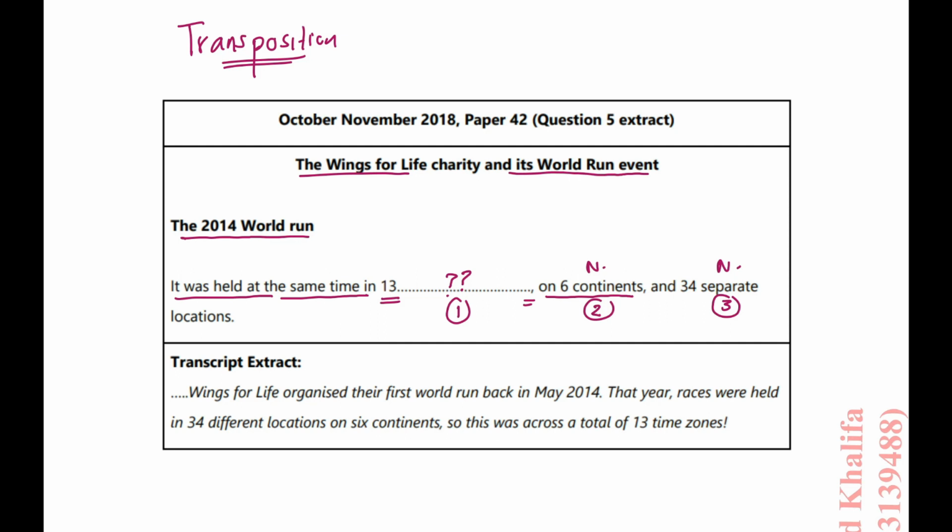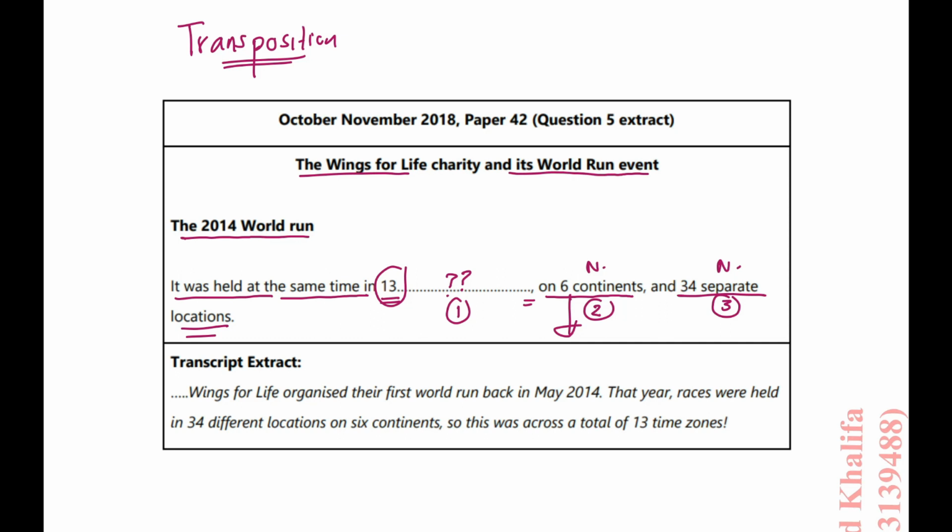In several cases, the examiner uses the final item as the first detail required for a question and vice versa. So in the audio, he shouldn't start with 13, you understand what I mean? Or he might start in the audio with 34 separate locations. Or he might start with the second part of the listing here. It doesn't matter, but as long as you are aware of this, you need to be aware of what you listen to and what's missing. You got the point?